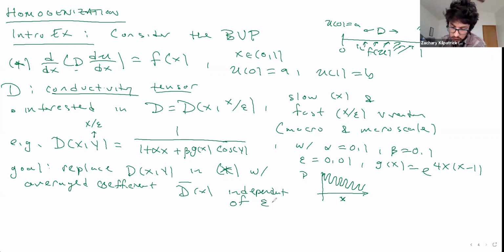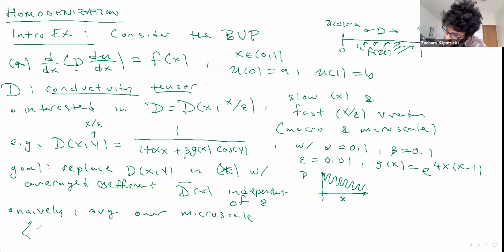Now, there's a few ways we could do this, right? You could say, well, maybe I'll just average D up front, plug that average quantity in, and try and approximate my differential equation that way. Okay. So naively, what you could do is average over the microscale